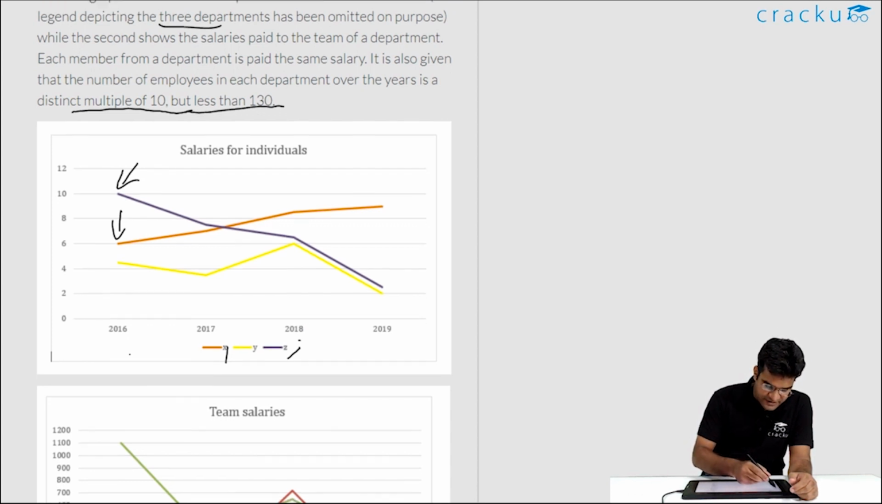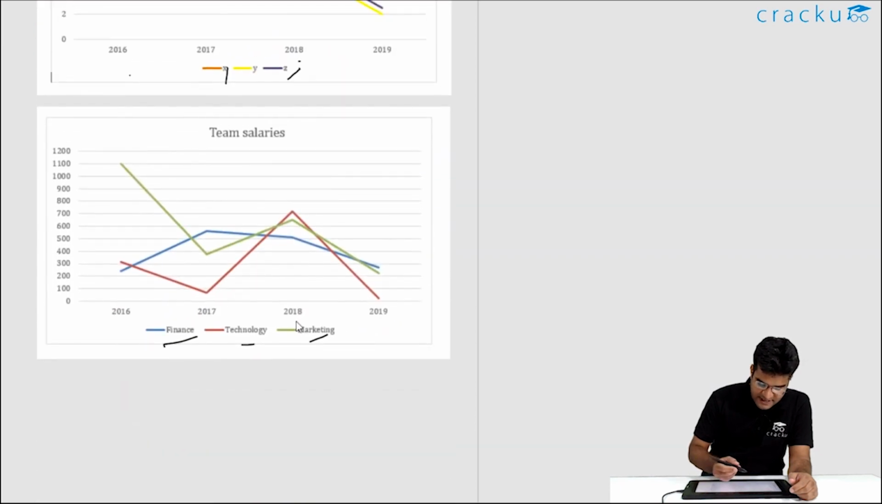Similarly, if you are looking at the team salary graph, here the exact numbers are given. So for example, in 2016, we know that the total amount of salaries received by the marketing team is 1100 units. Similarly, the total salary received by the technology team in 2016 is around 300 units. So this is the information that has been given, and we can look at the questions, but